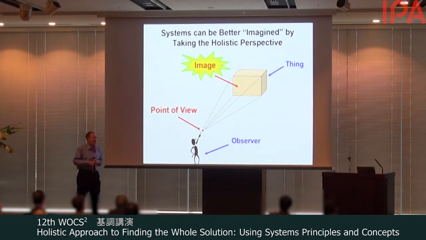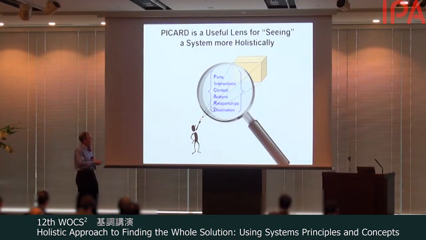So we need to identify the various stakeholders, those who are impacted by the system, so we can better provide them a solution that gives everybody positive impact. So the PICARD theory can act as a special tool, a lens, for having a better understanding, a better way of looking at the systemic properties of that thing.